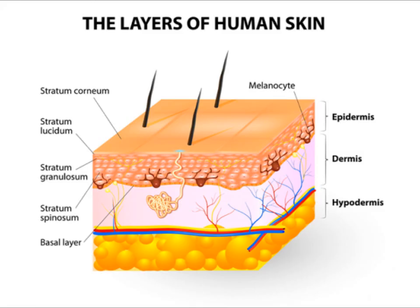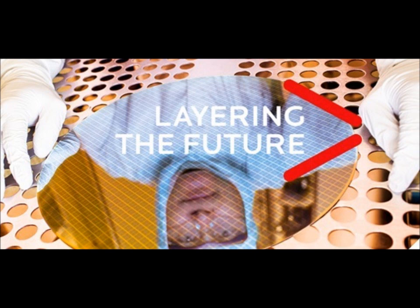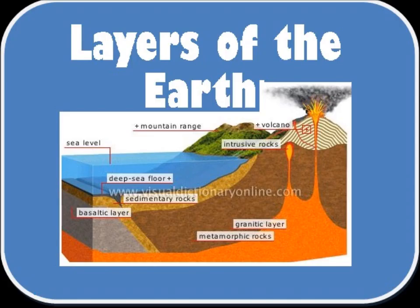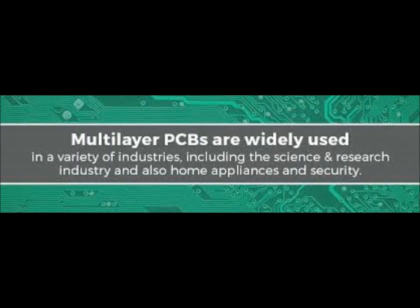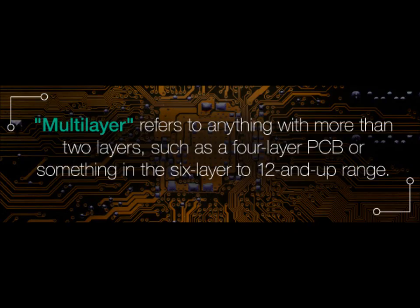But because the Earth's surface is obviously not chemically and molecularly identical to the skin of a biological organism as we understand them, let's think of the layers of the Earth as if they were made of the equivalent of a multi-layer printed circuit board, with us not quibbling about whether or not there are 6 or 5 or 4 or 3 layers of the Earth